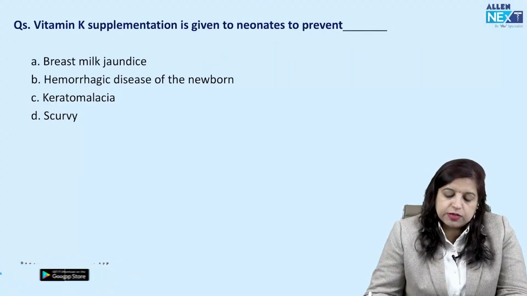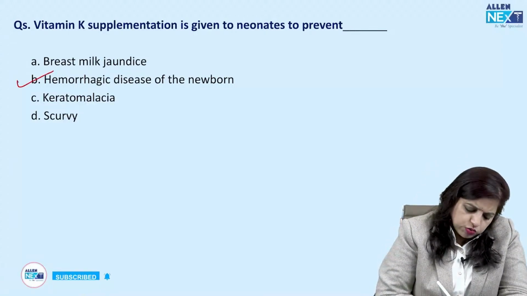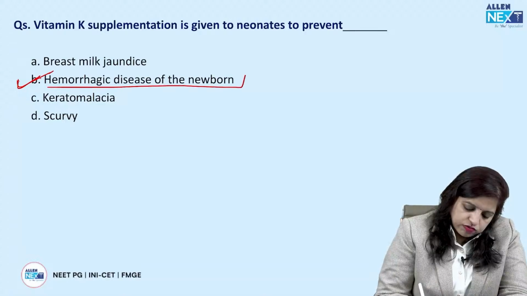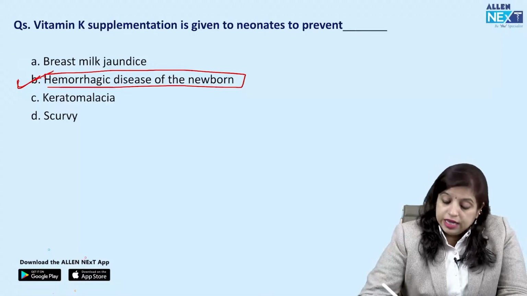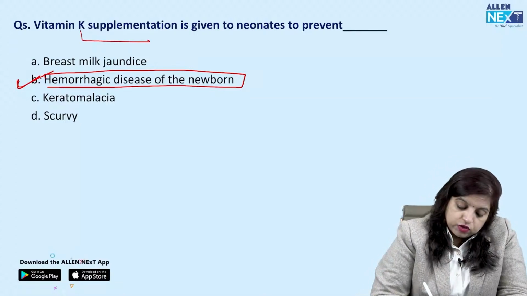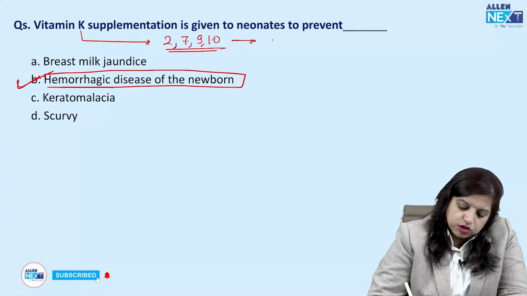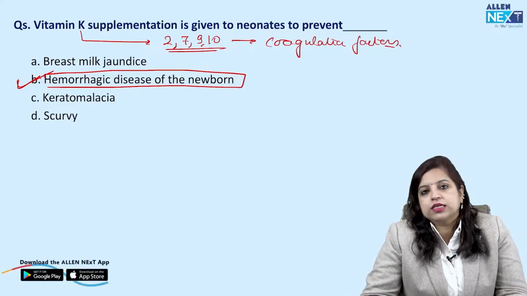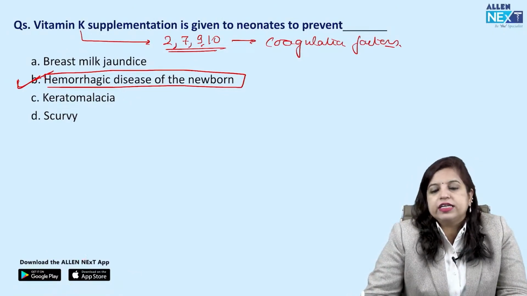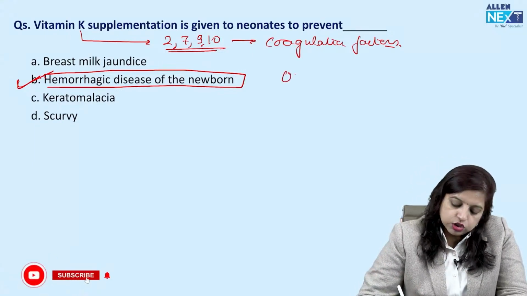Now, vitamin K supplementation is given to neonates to prevent what? Yes, it is given to neonates to prevent hemorrhagic disease of the newborn, right? So HDN, we know. Vitamin K is very important for the synthesis of 2, 7, 9 and 10. What am I talking about? Yes, I am talking about the coagulation factors, or the factors which participate in the coagulation cascade. So, 2, 7, 9, 10 are vitamin K dependent factors, and therefore, every child should be given a shot of